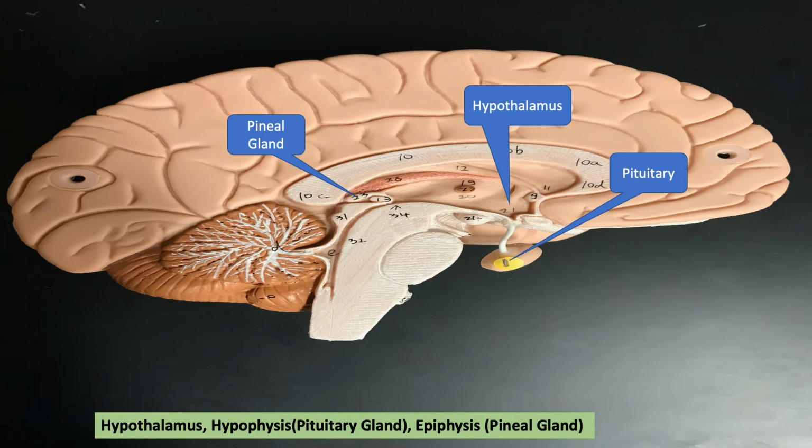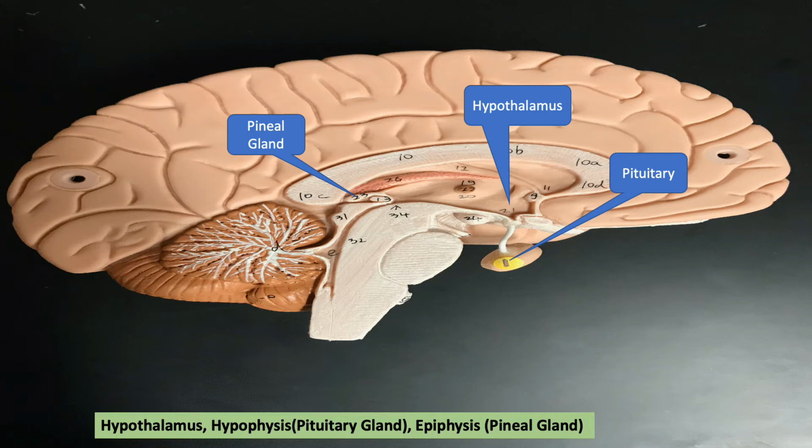It's a pea-size organ. The pituitary gland is located just below the hypothalamus and attached to the hypothalamus with a stalk, and it produces and secretes growth hormone, ACTH, adrenocorticotropic hormone, prolactin, follicle stimulating hormone and luteinizing hormone. Just to repeat, growth hormone, thyroid stimulating hormone, adrenocorticotropic hormone, prolactin, and gonadotropins, which is FSH and LH, we